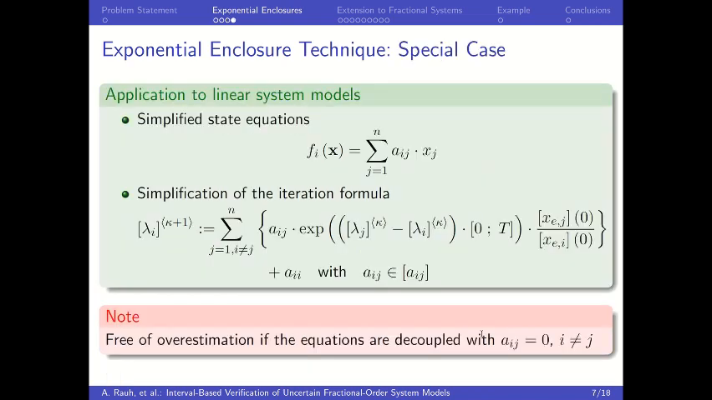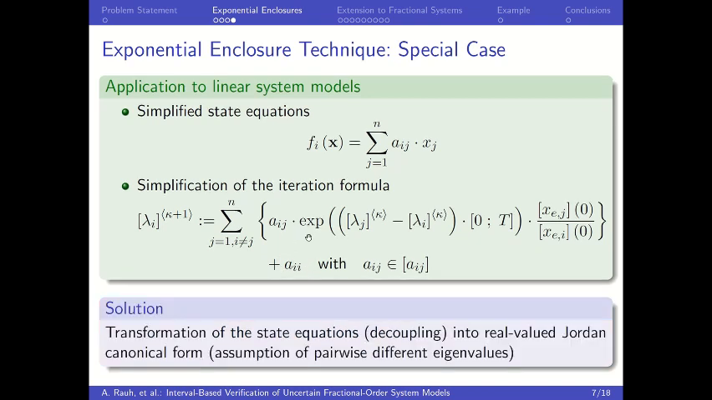Now, this iteration procedure simplifies further for the case of linear system models. In linear system models, we can see here on the right-hand side of the slide that the evaluation becomes fully overestimation free in cases where the parameters aij become equal to 0 except for the diagonal entries aii. This already tells us that we should transform the sets of state equations into a more or less decoupled form